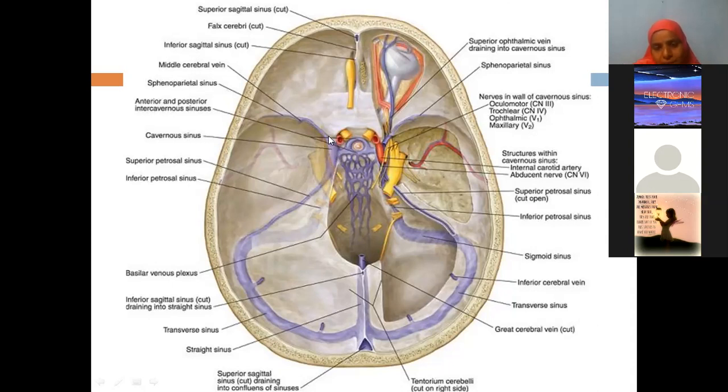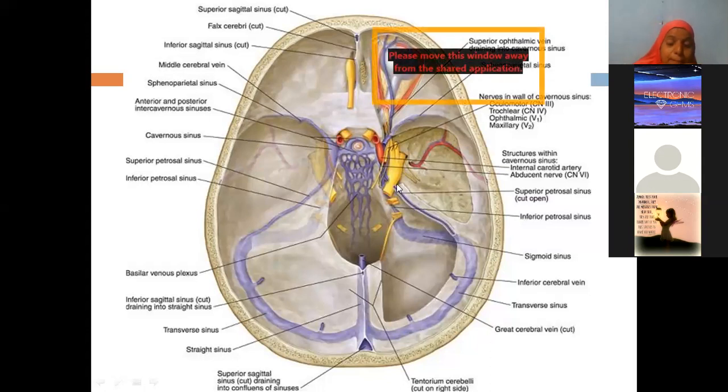Now what is the cavernous sinus anteriorly related to? The name of the structure I told you just now. The superior orbital fissure. Very good. Now this is the posterior end of this sinus. This whole thing is the sinus. On this side the dura is intact, on this side the dura is dissected. You can see the skull bone. This particular part is the petrous part of the temporal bone. Petrous means very irregular. Where I'm pointing the arrow now is the apex of the petrous part of the temporal bone.